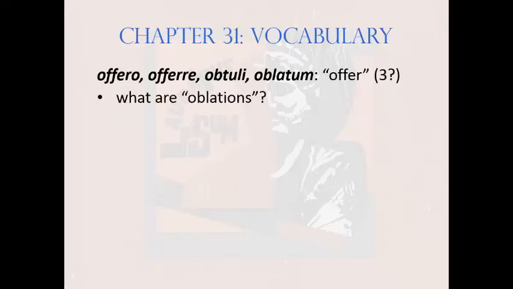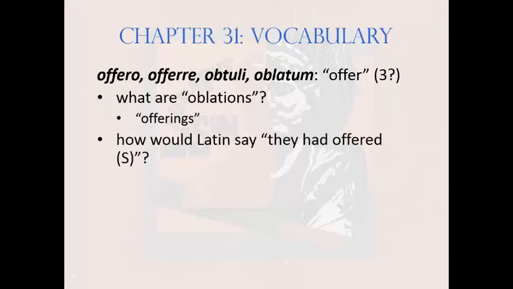What are oblations, an English derivative of this word? That's right, offerings. And how would the Romans have said they had offered, let's say, in the subjunctive? What tense? Pluperfect. What voice? Active. So how is the pluperfect subjunctive active formed in Latin? The perfect active infinitive plus endings. Thus the answer is